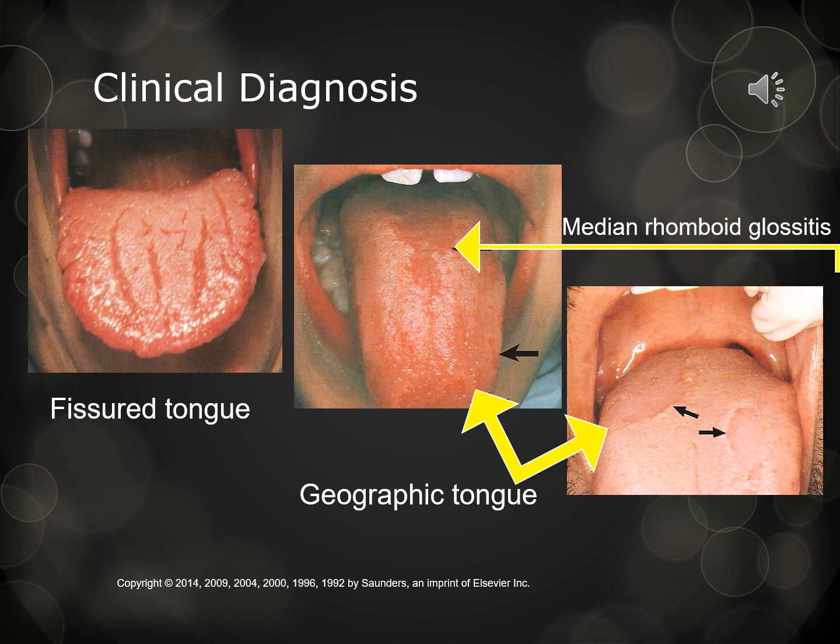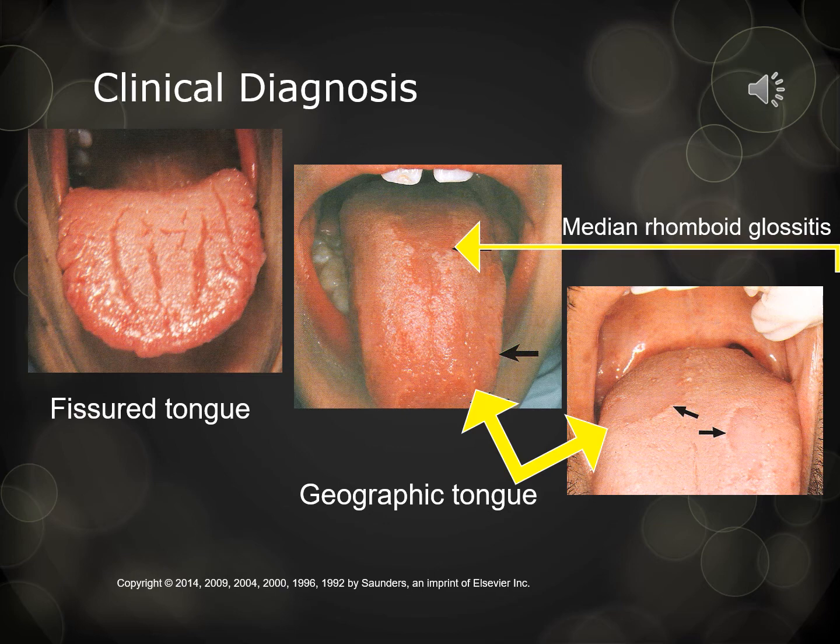Again, it's very important to describe what we see clinically. That's what we see, our clinical diagnosis. We can see a fissured tongue is normal, but it shows that it has very deep grooves. And also look on the borders of the dorsum of the tongue, the top of the tongue, and we can describe that. So it's scalloped around the borders of the tongue and also has deep grooves or fissures on the